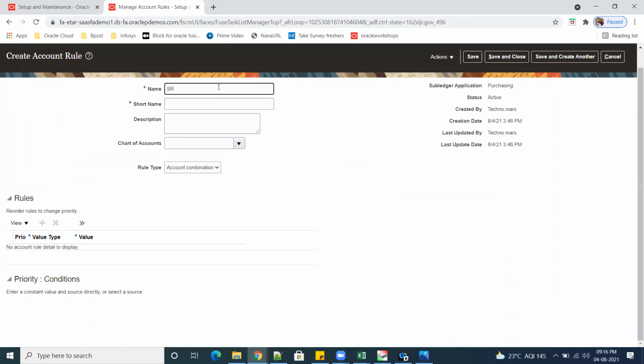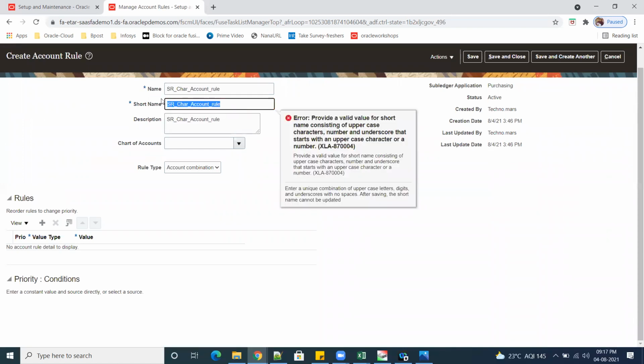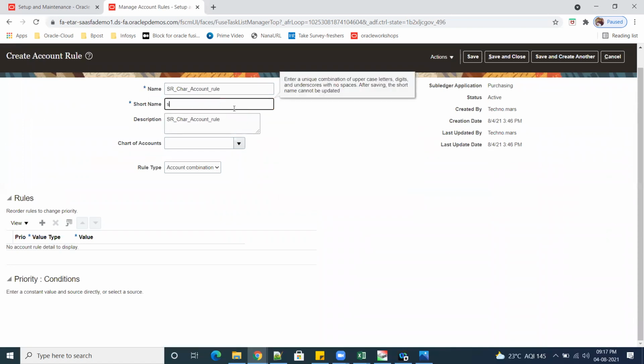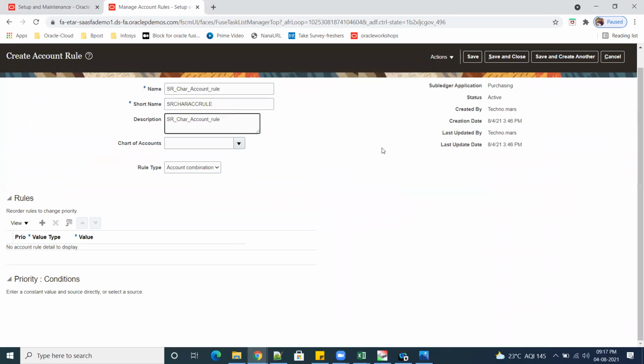So SR charge account rule. So I'm not telling this is the standard process. This is one of the processes. So whichever process your company follows, you have to follow that.